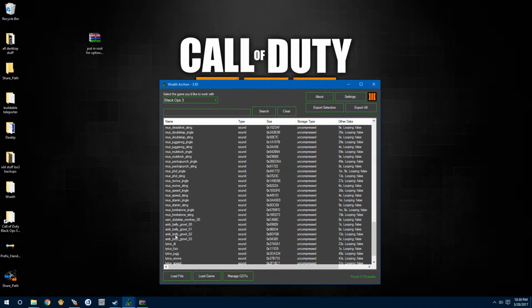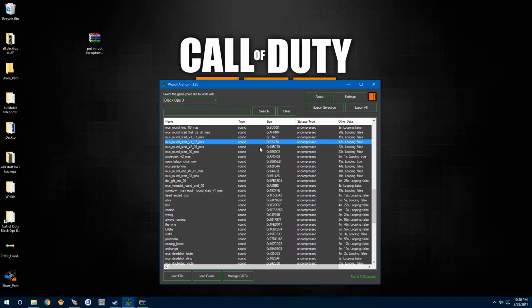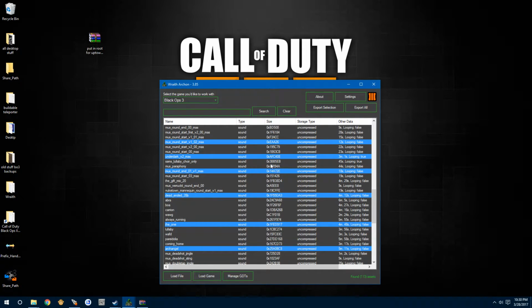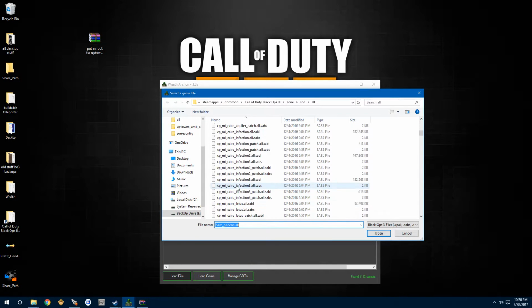Now here's belly glow. Now let's say if you wanted all of these sounds, all you have to do is click on export all. And if you want to select a certain few, just highlight it, hit export selection, that'll be fine. Or else you can hold control and select as many as you want, and then hit export selection, and it'll only export the ones you have selected. But these aren't any of the sounds I want, so we're going to go back to load file and scroll back down, and let's look for